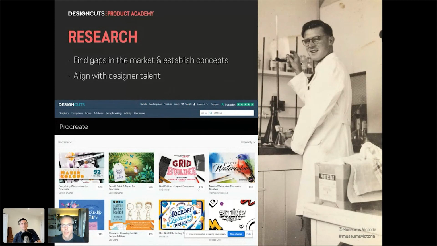So, for instance, it was kind of obvious that there was a little bit of a gap in the market for a lettering layout product, more of a lettering layout course. There are other products that do lettering layout, but it could be taken even further. You could elevate it beyond that and find a new angle to expand that sector. So we knew, for instance, that you can see here that Shoutbam had already made the kickoff lettering toolbox.